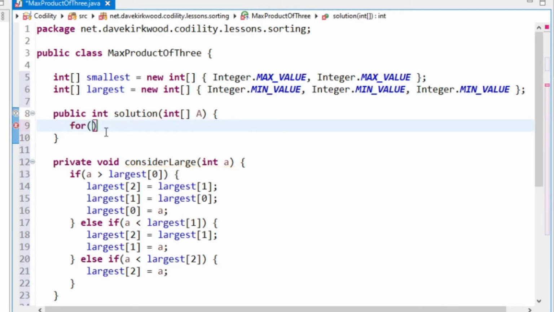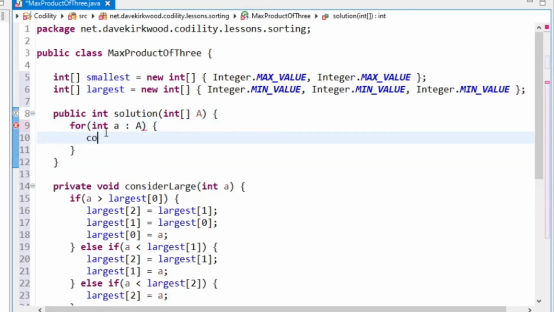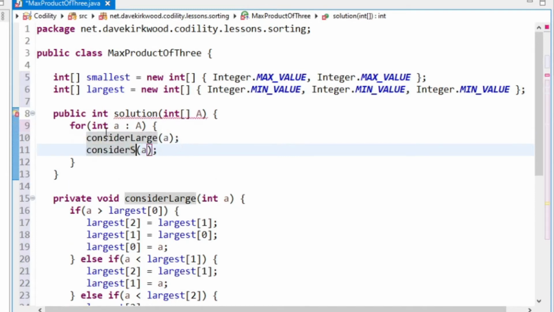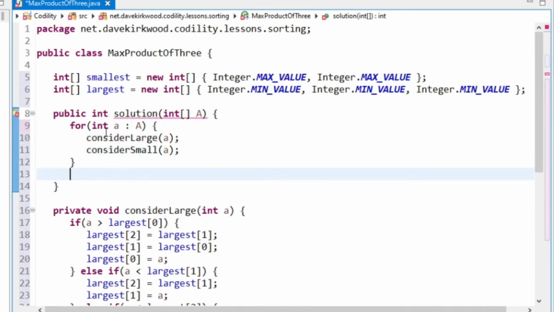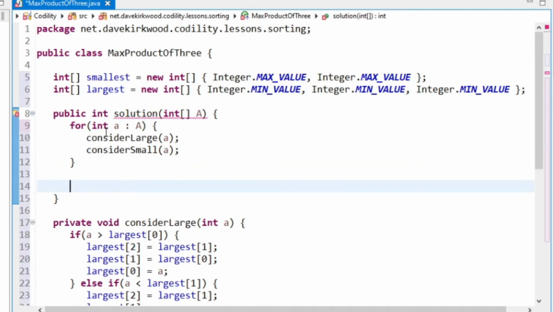So for int a in A, consider large a and consider small a. Right, these are int values, so int product1